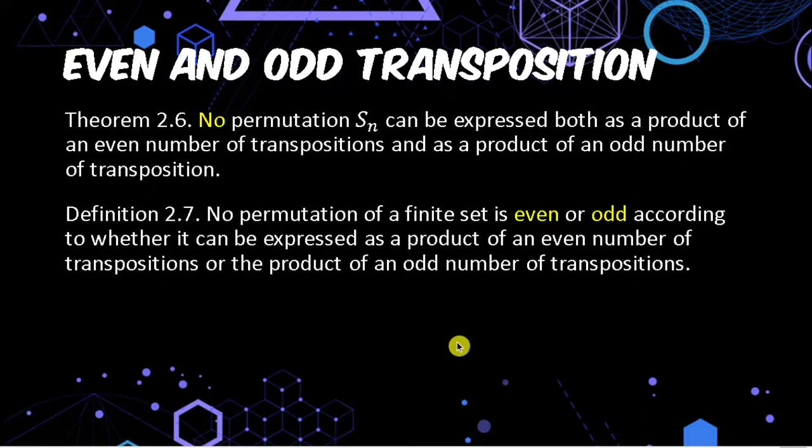Definition 2.7, no permutation of a finite set is even or odd according to